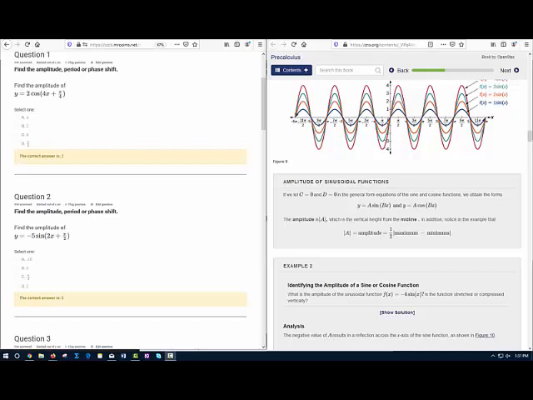So let's go over the answers to your quiz. I've got the book pulled up on the right hand side and the quiz pulled up on the left hand side so you can see where we get these definitions. On number 1 it says find the amplitude, and you can see in your book over here that if you're matching things up with your equation that you're looking at, the number in the front, the absolute value of it, is your amplitude. So the number in the front here is a 2 and the absolute value of positive 2